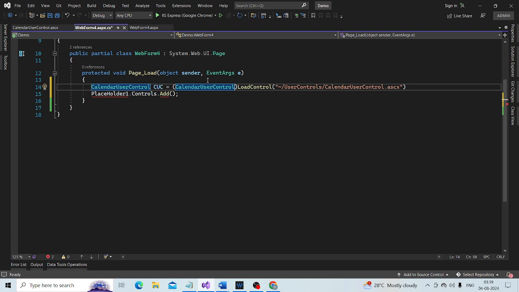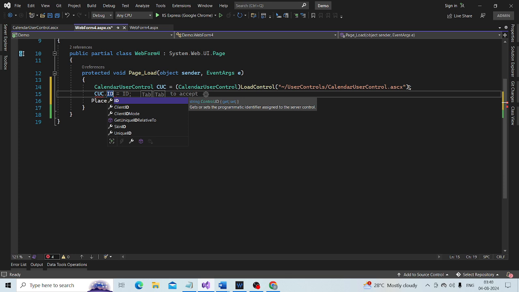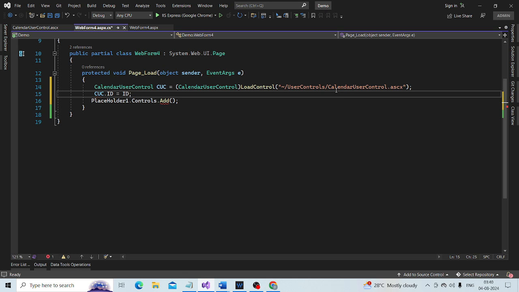We will assign an ID for this object. So calendar user control dot ID is equal to, let's call this calendar user control 1.